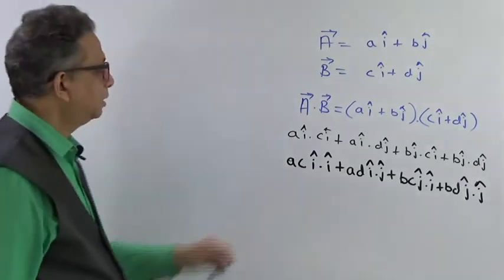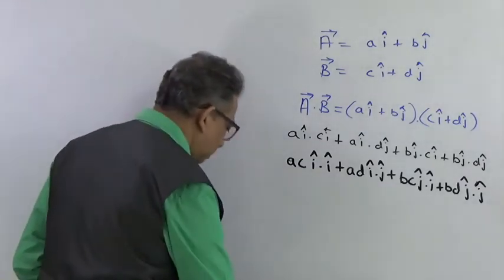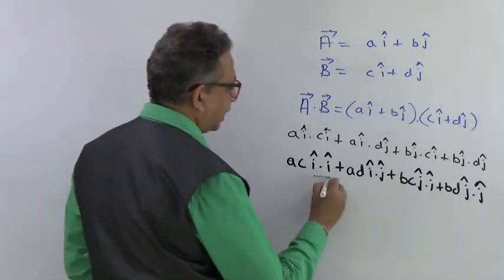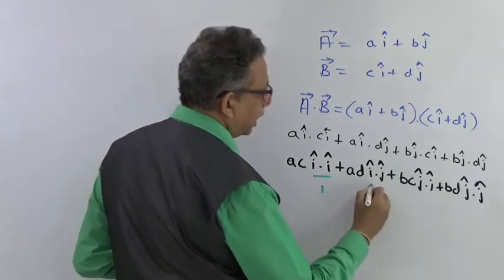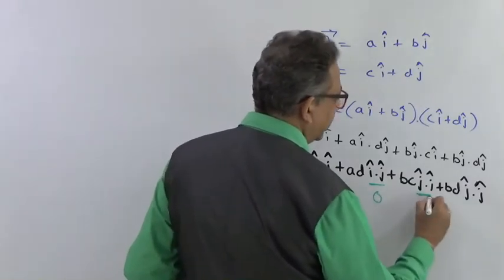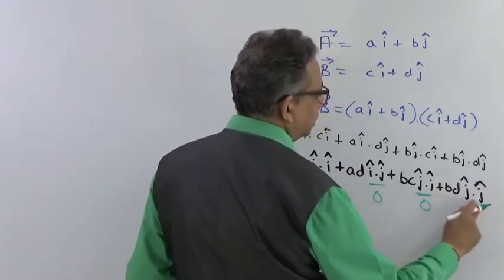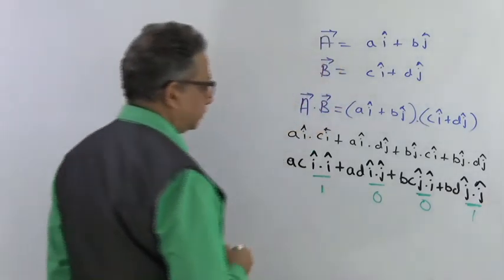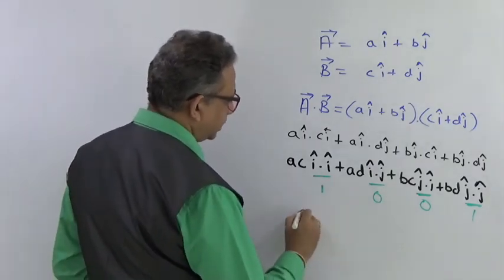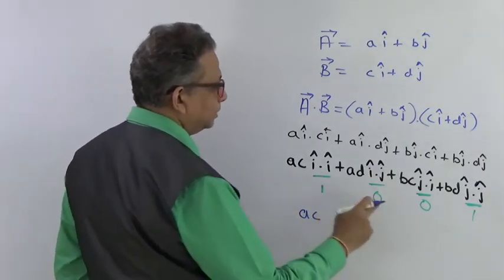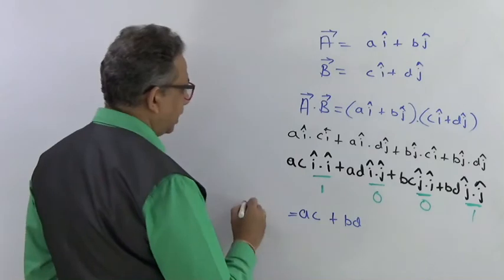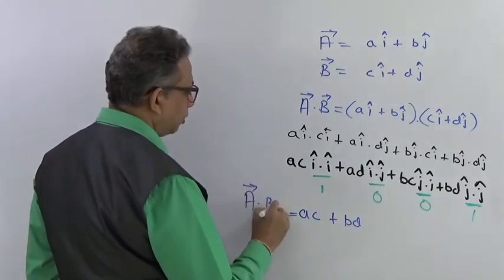Now you know the rule that we had seen in the scalar product, that I cap dot I cap will be 1. I into j, their dot product of perpendicular will be 0. J into I, perpendicular product will be 0. J into j, the value is 1. So from this I can write down, if this is 1, this will just be AC into 1 is AC. This is 0 plus 0 and this will be written as BD. So this is the value of the dot product of vector A